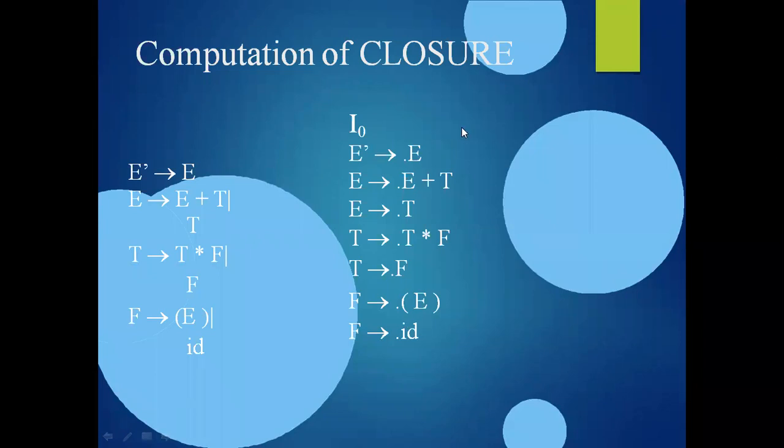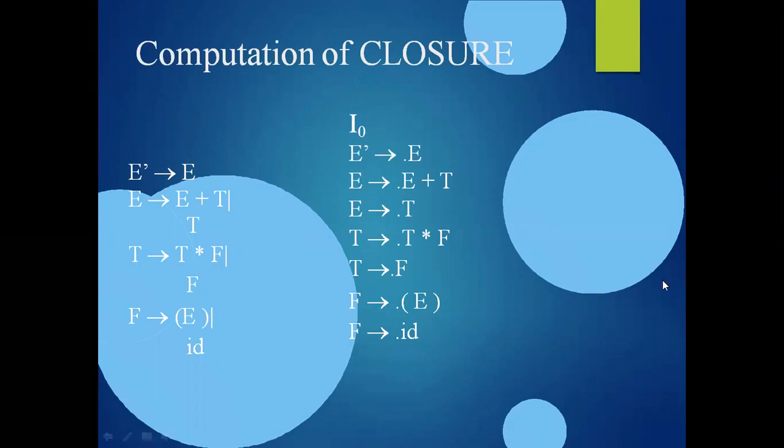After completing the dot insertion process, the next step is to give the item name for this. Why are we giving the item names? Because we are constructing the closure for the items, so I is an item here. With the sequence number, we give the item names, and these items are represented as states when we represent the finite automata, which may be a DFA or NDFA.